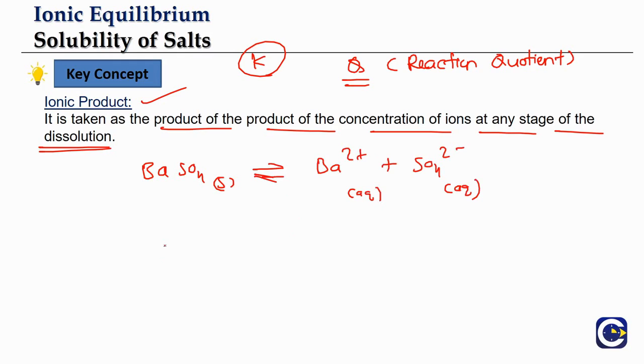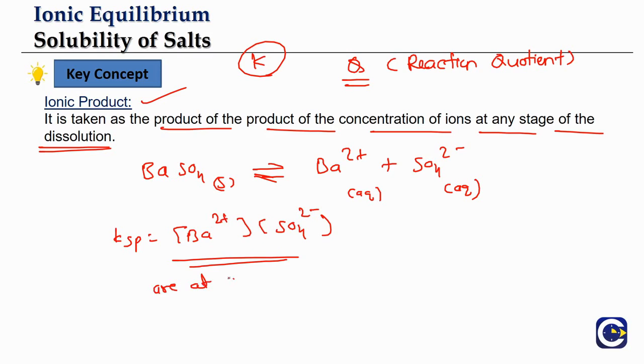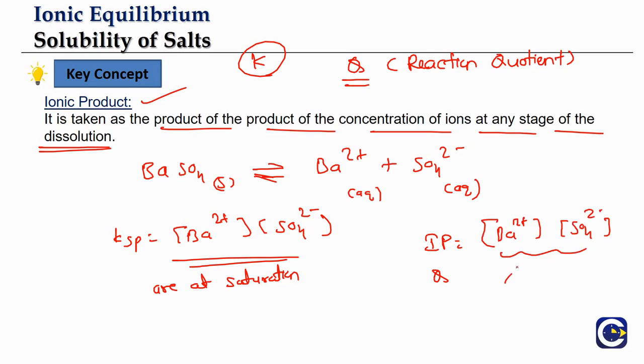So here, what is the KSP formula we have written? The Ba2+ ion concentration times the sulfate ion concentration, when the Ba2+ and sulfate ion concentrations are at saturation. Now the ionic product, which we can indicate with the symbol IP, or sometimes people even use the symbol Q, is just the same formula. We write the same formula as the solubility product, but the difference is that in this formula we can put whatever values of Ba2+ and sulfate ions are available at any stage. So this is not the saturation stage. This can be at any available stage.